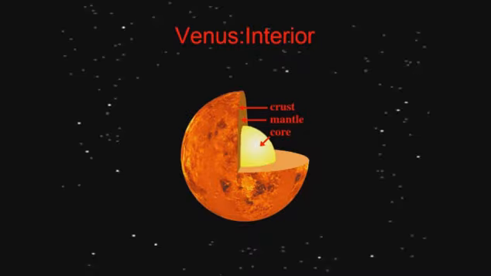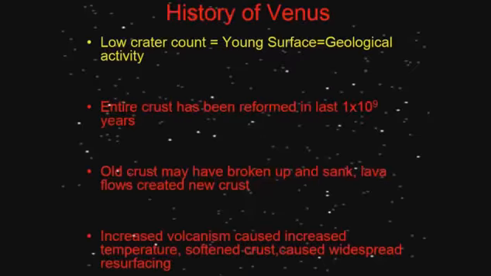So it's possible to look at the history of a rocky surface of any body in the solar system, or an icy surface for that matter, by looking at the number of craters that it possesses. When we look at Venus, we don't see a lot of craters. Now we know that every planet in the solar system has been hit by various objects, from its formation and then just by sheer chance. The Earth, Mercury, the Moon, Mars, lots and lots of the satellites of the gas giant planets all show impact features. Jupiter has been seen being hit by several comets at this point in history.